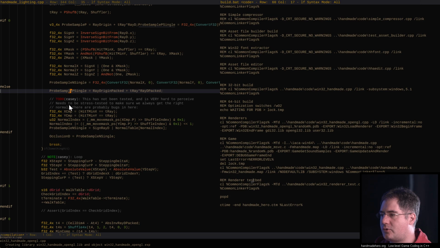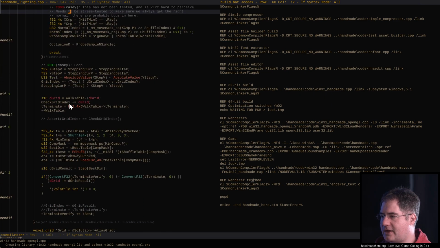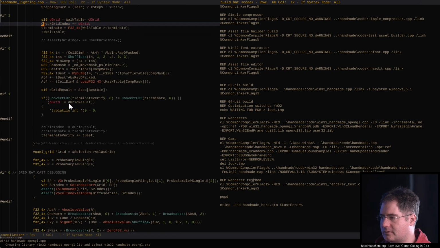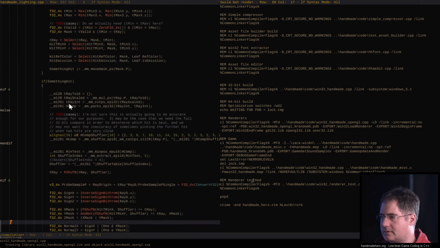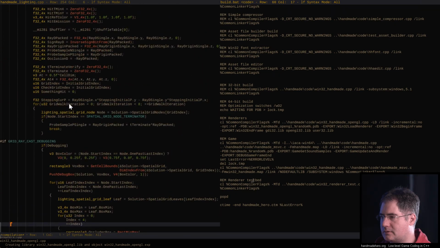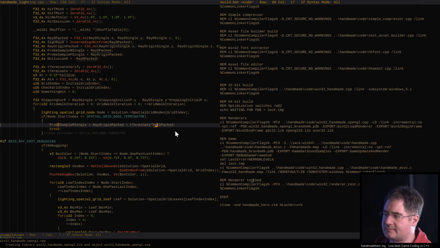So the question is, when we would normally fall out of this loop, what we used to do is just say, well, whatever the termination location is for this thing,